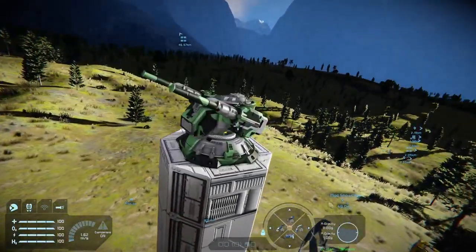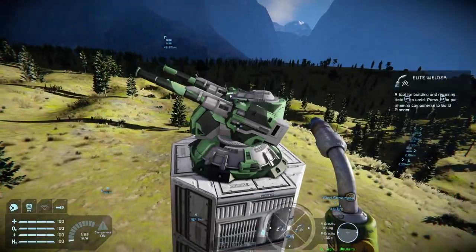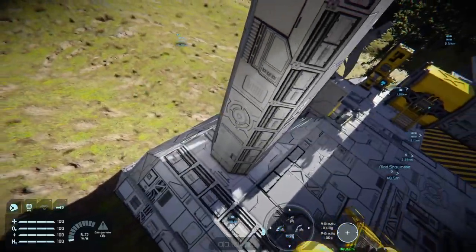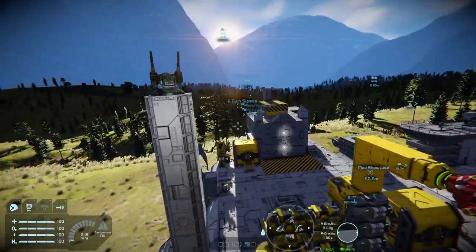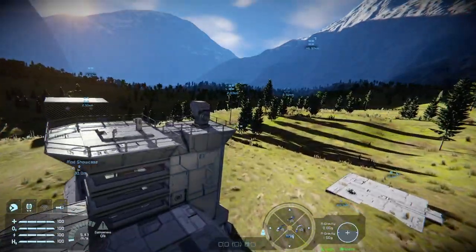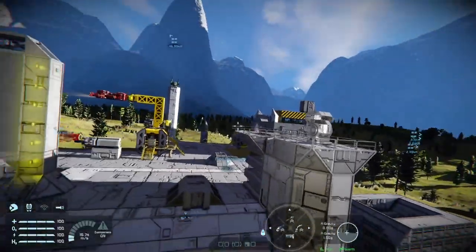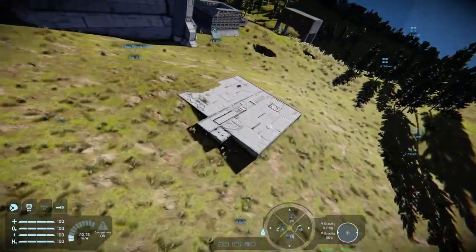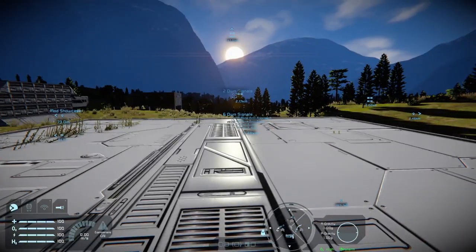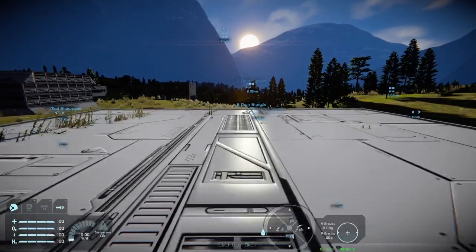And then, of course, with the warfare updates, you've actually got the proper artillery turrets. This one being the assault cannon turret, and always put your turrets higher than your base, because Space Engineers AI does not discriminate between line of sight and the enemy, so it will blast holes in your base to attempt to get to anything that gets close. That said, let's have a look at a quick setup of a couple of types of custom turrets that you can play around with. One I prefer more than the other.